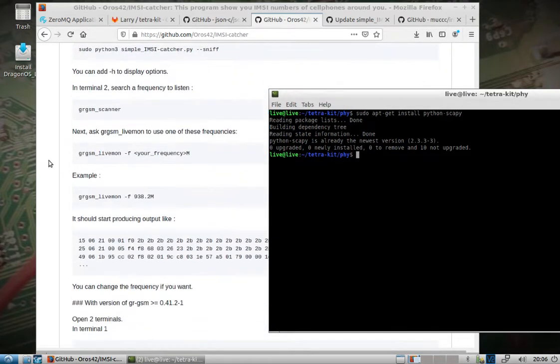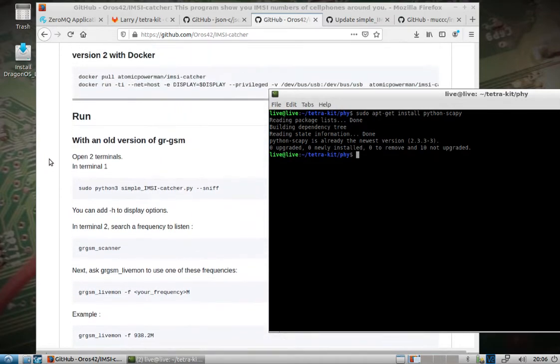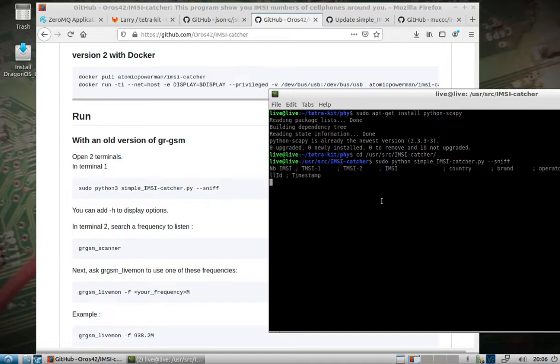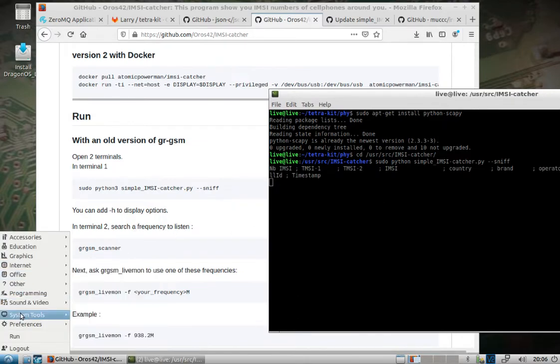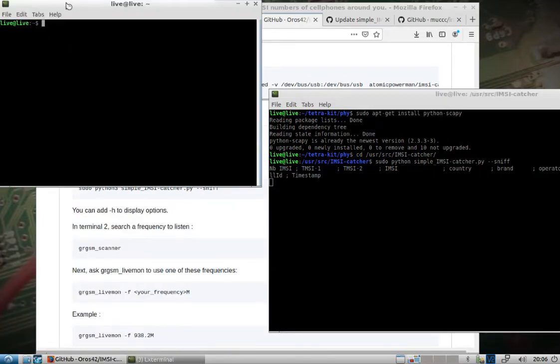And I have found that that'll come in handy. It says with old versions of GRGSM, and then there's a new version, but I found that after you install that package I just said, change into the user source Imsi catcher, and if you do sudo python simple Imsi catcher --sniff, that will come up, and then in a separate terminal window, you can do